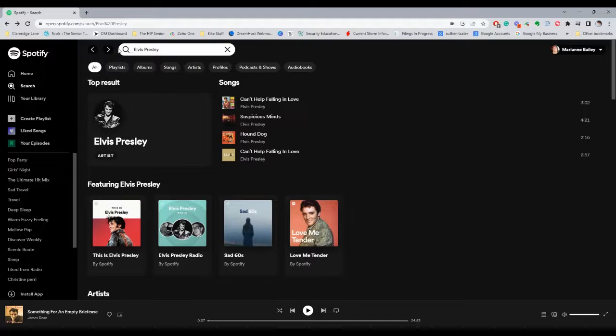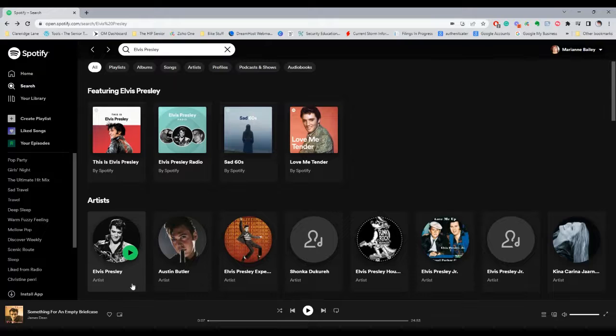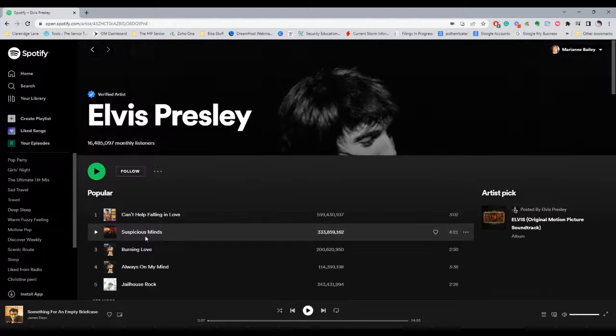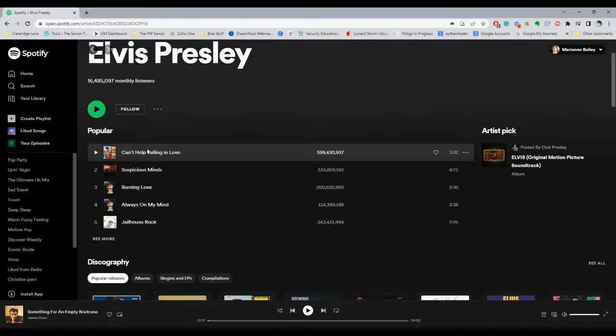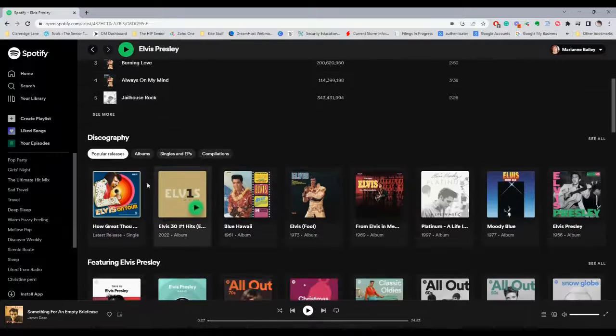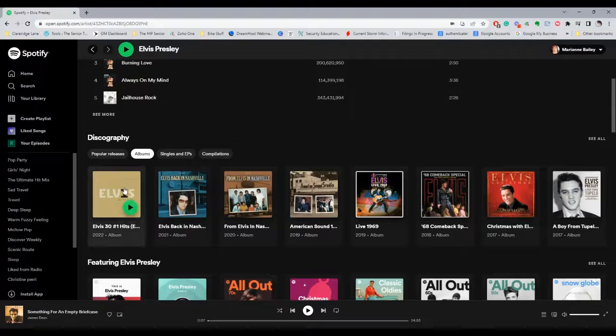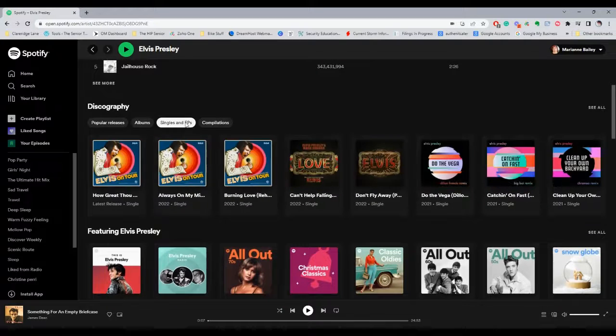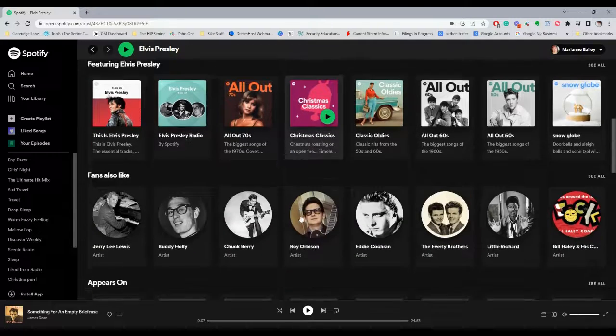Elvis Presley, right? We hit enter, we search for that. That's going to go down here and it's going to show you Elvis Presley. If we click on the artist, it's going to go in here and it's going to show you his popular songs. And then if you went into albums, it'll show you all the different albums that he put out. If you went into singles, it would show you the different songs